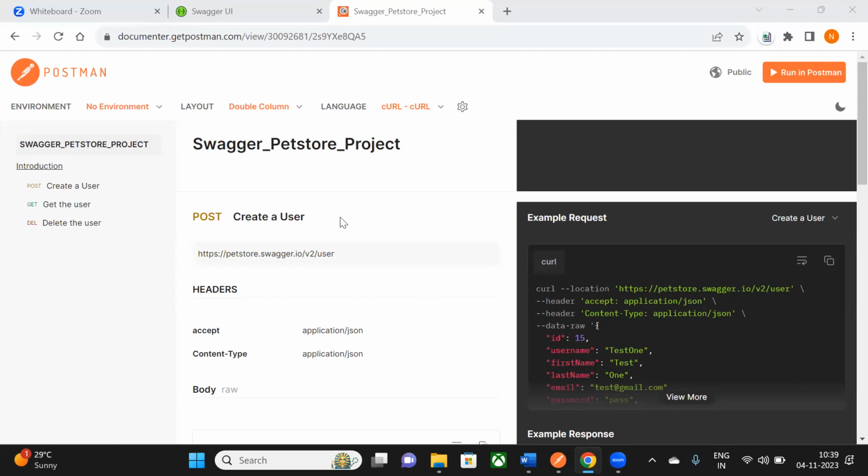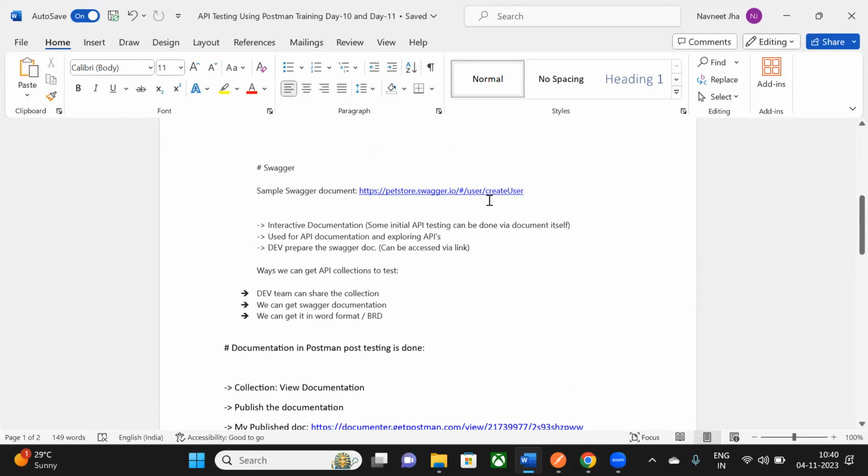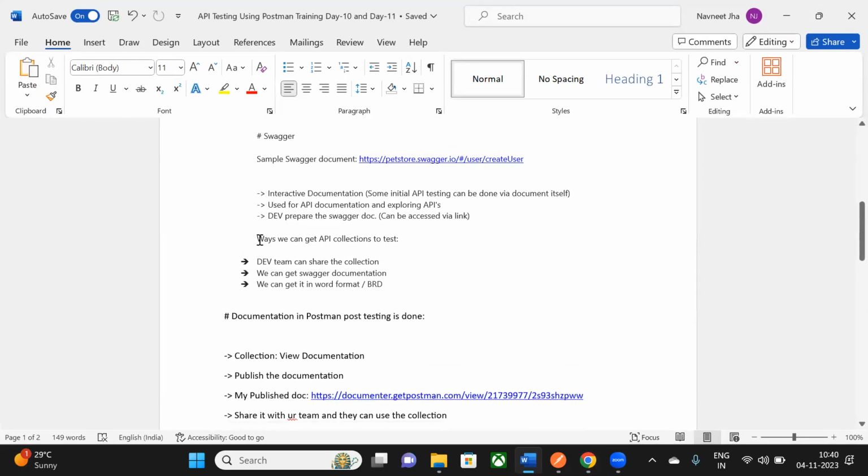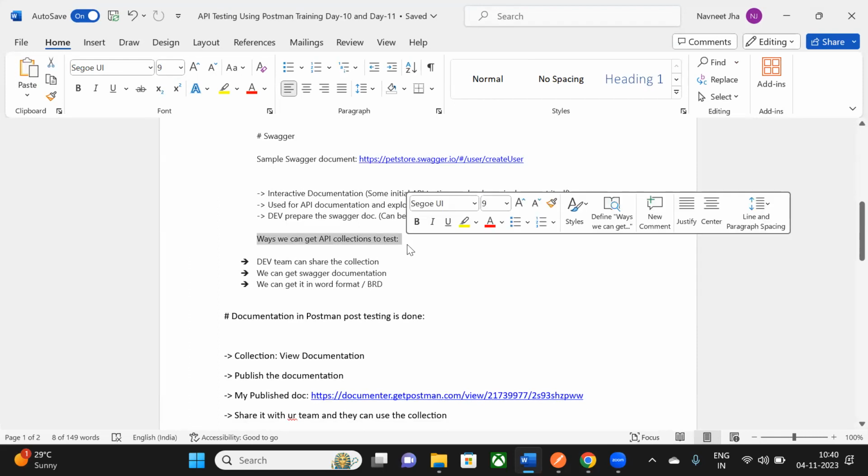Okay. And for Postman, we positively use Swagger documents, like when some documents are given, we need to use Swagger only. No, all options are there. Let me share this thing. So I have stated over here